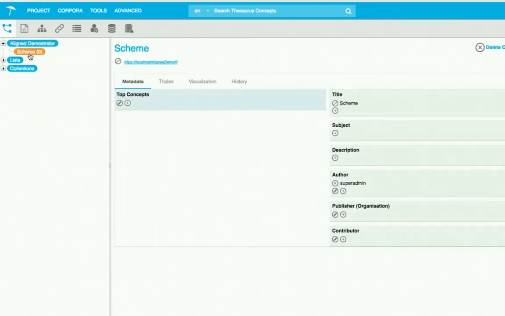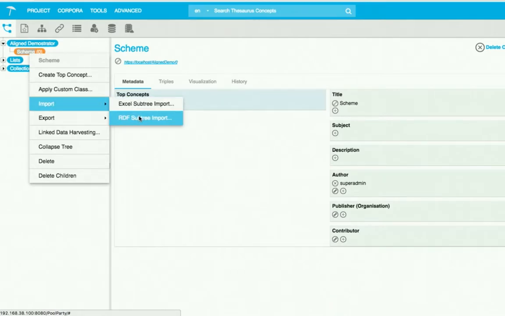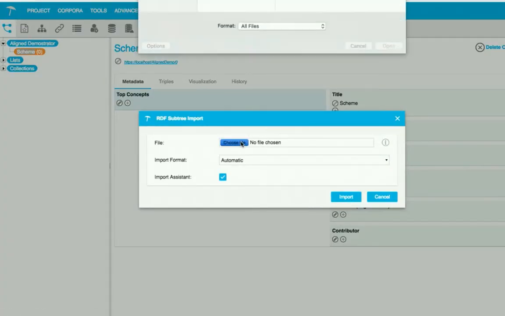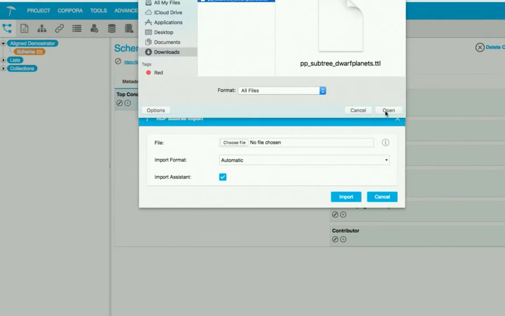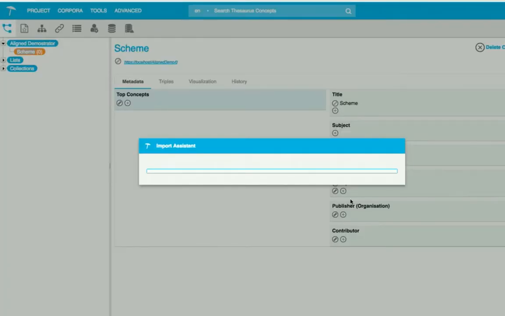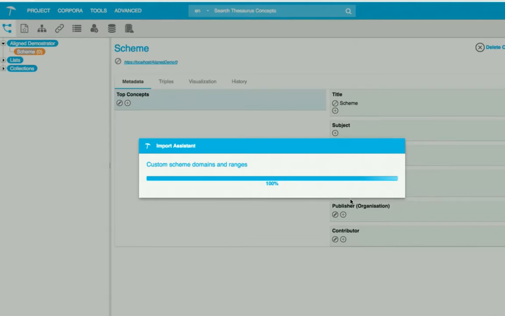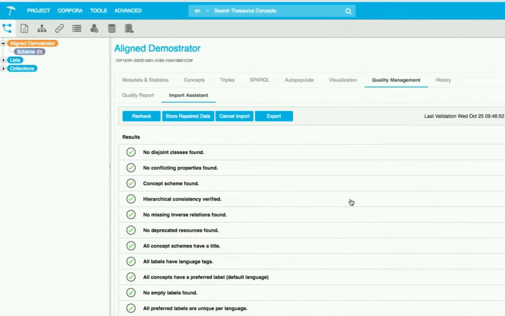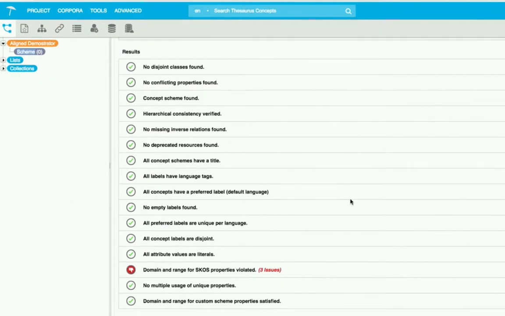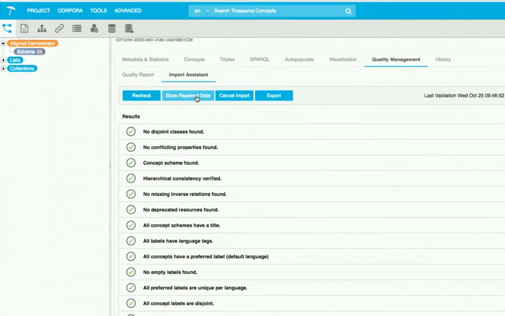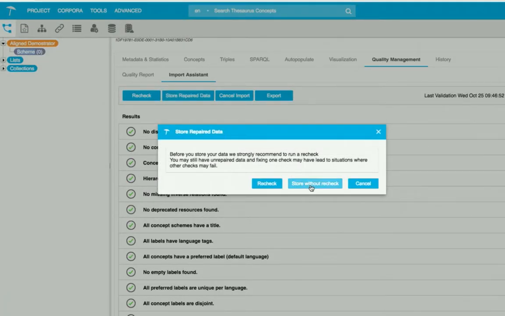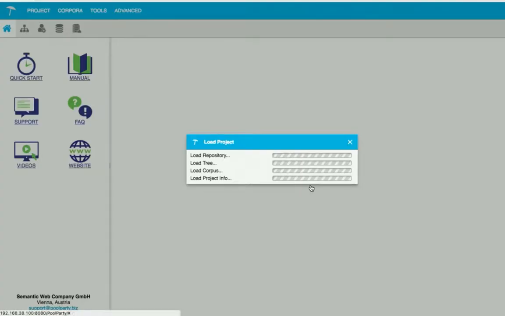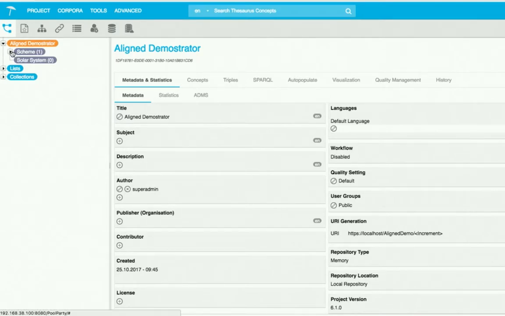So when I import an RDF file into the PoolParty project store, the import assistant will check for all the constraints necessary for the application to work correctly. The import assistant found some violations which may cause an application failure. But if the user still tries to store this data into the project store without fixing these issues, it may cause an application failure. So if I click there,